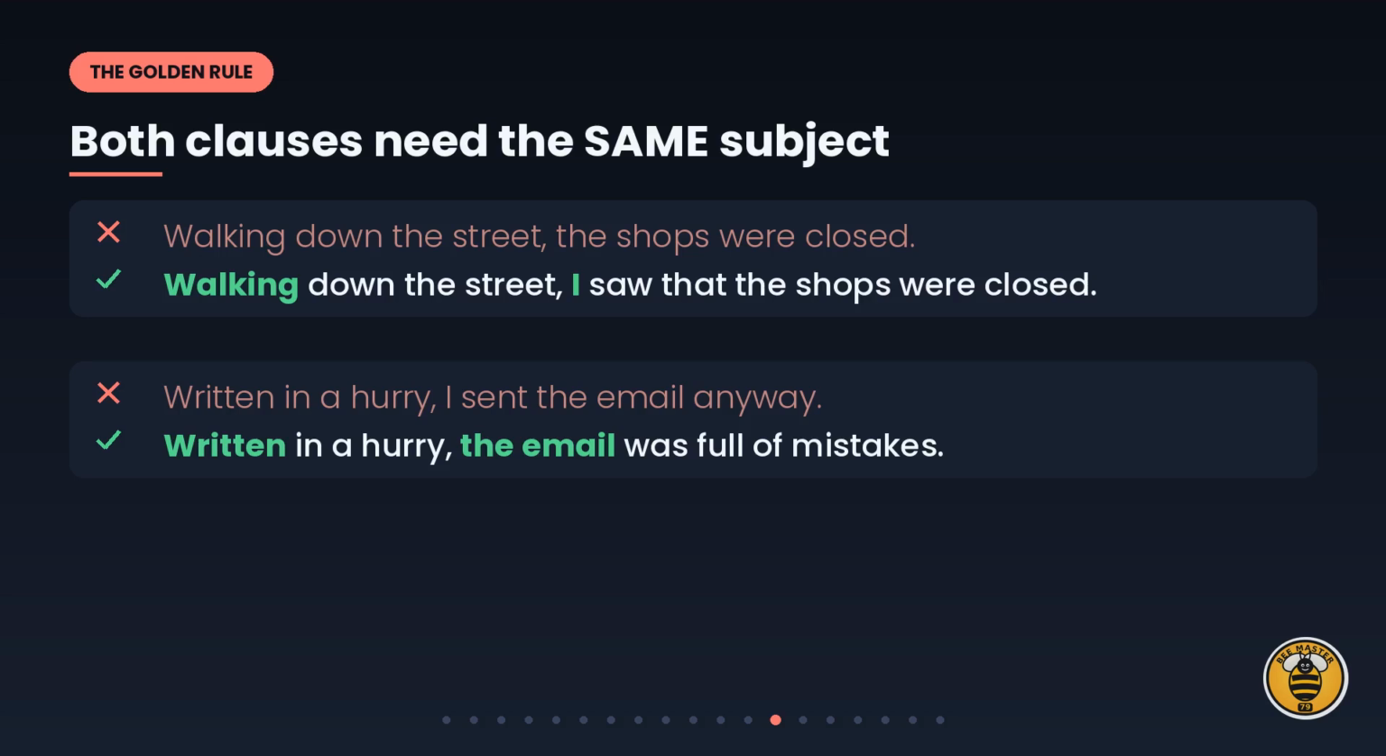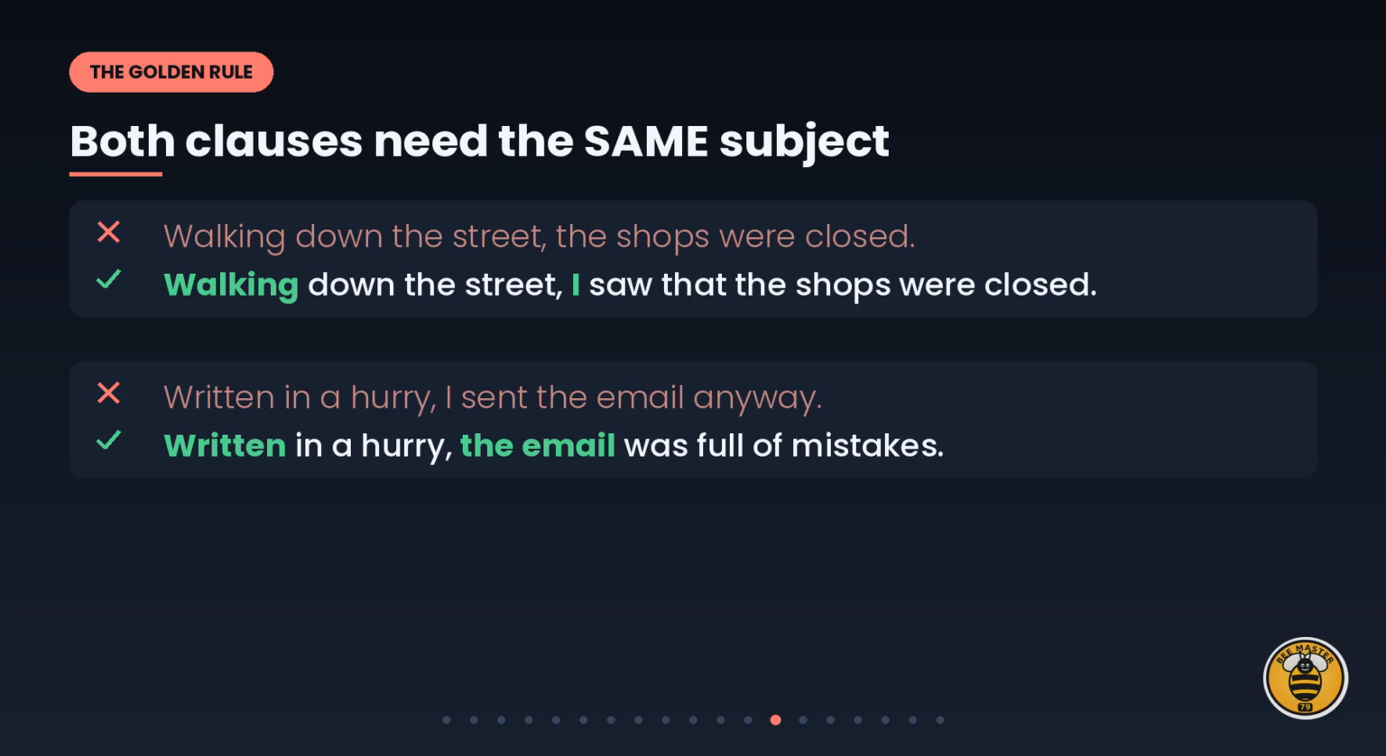Here is the one rule that catches almost everybody out. The subject of the participle clause must be the same as the subject of the main clause. Look at this sentence. Walking down the street, the shops were closed. Grammatically, that says the shops were walking down the street. We call this a dangling participle, and it is a real error,